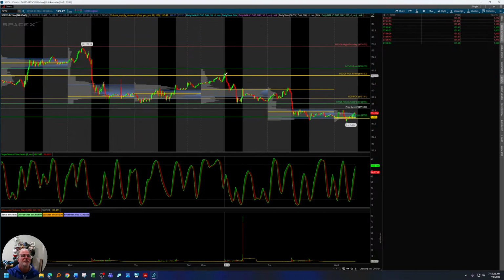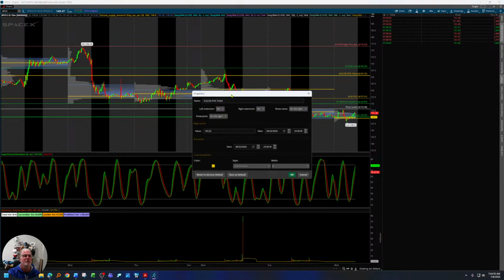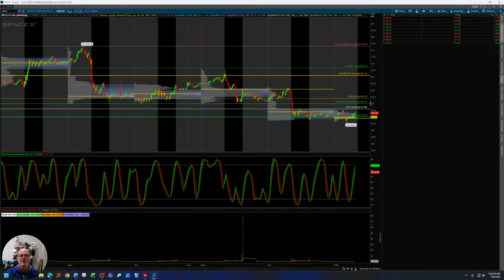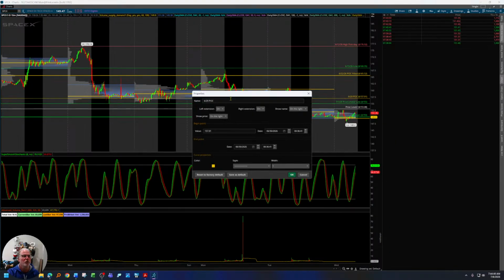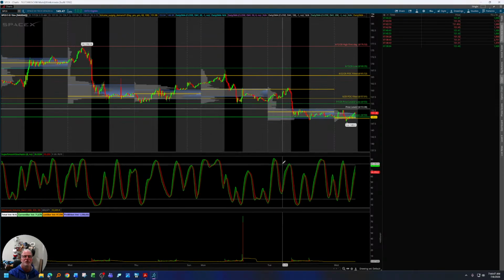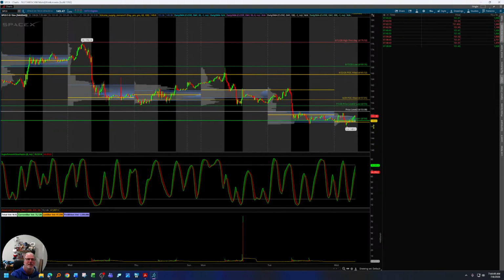So this was filled. So we are going to mark that. Oh, I do have it marked filled already. Oh, this point of control right here. Yep, that's filled also. But these point of control levels, once they fill, they become good supply and demand levels. So respect them. If you're trading them, have them in your chart. Take a snapshot, put them on your charts, people.